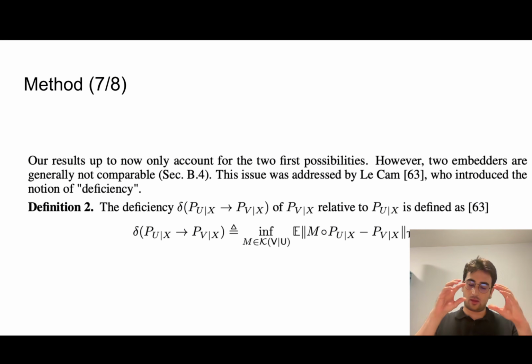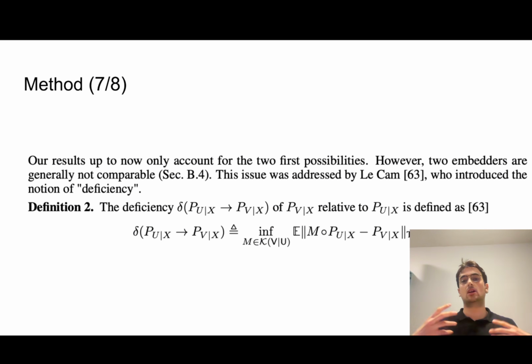The main idea of Gaussian mixture models is to transfer the data points to conditional probabilities. Since the dimensions are too high, you cannot deterministically map them to V, but you can map them to V in a probabilistic way, and then you look at the total variation distance, and deficiency is